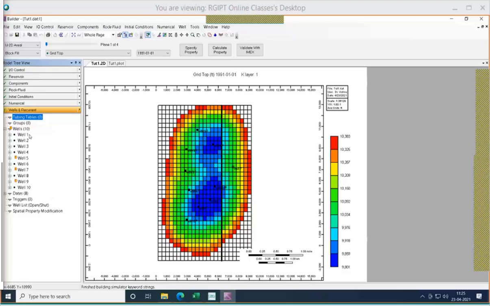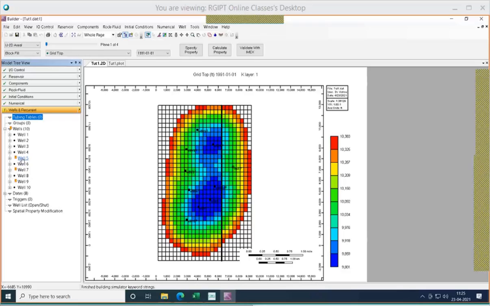Okay, so we have the production history files over here. Sorry, all the wells are shown over here. In this one, you can see well 5, well 7, and well 9 have an exclamation mark, because there is no production data for these wells.